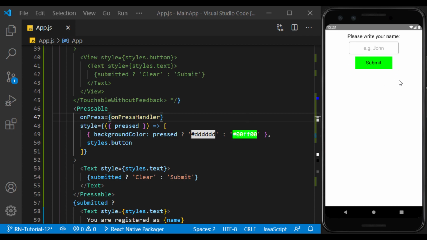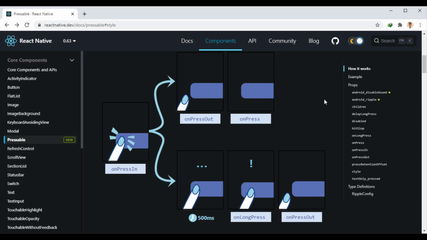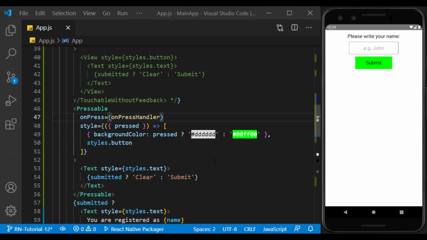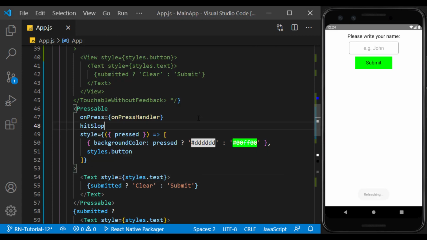Another feature that the pressable component gives us is that we can also click around it to make it easier for the user to click. These two props can be used to do this. For example, using hitSlop, I click around it this way.